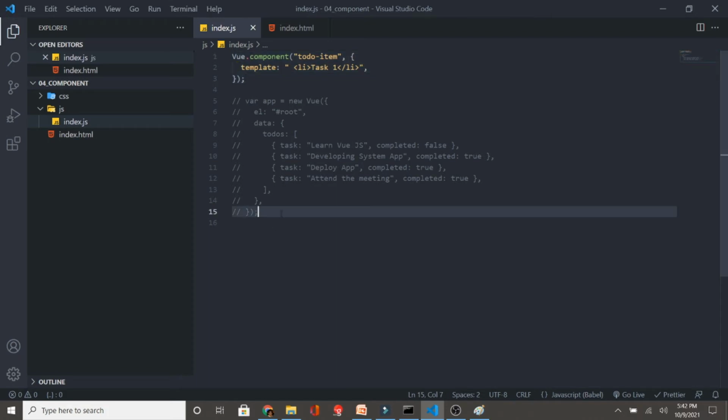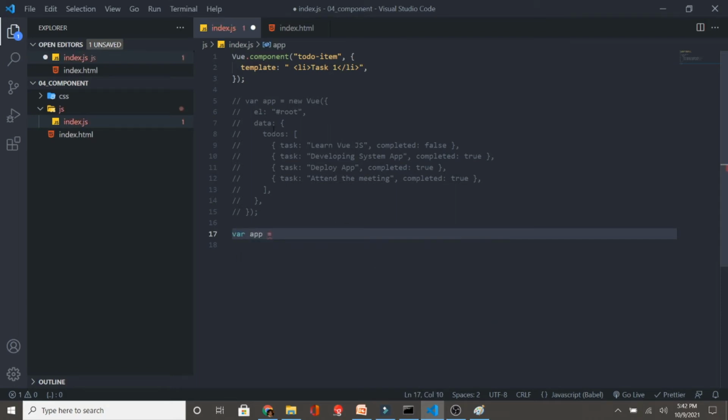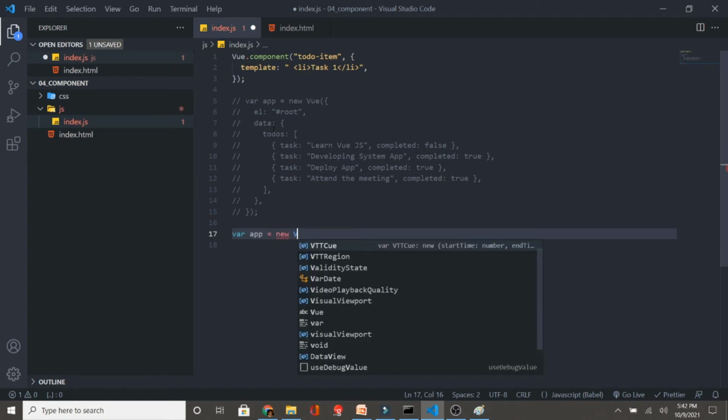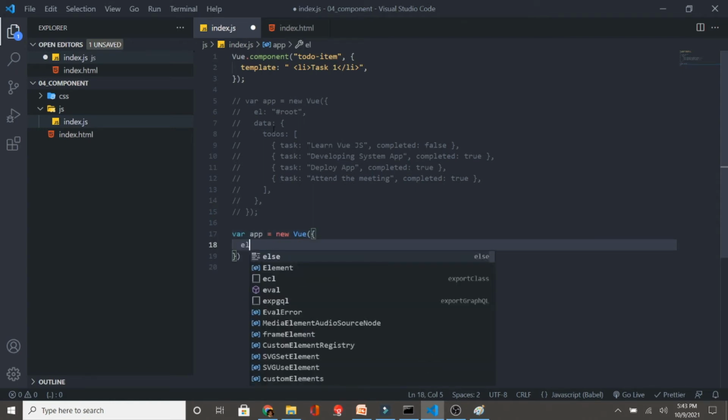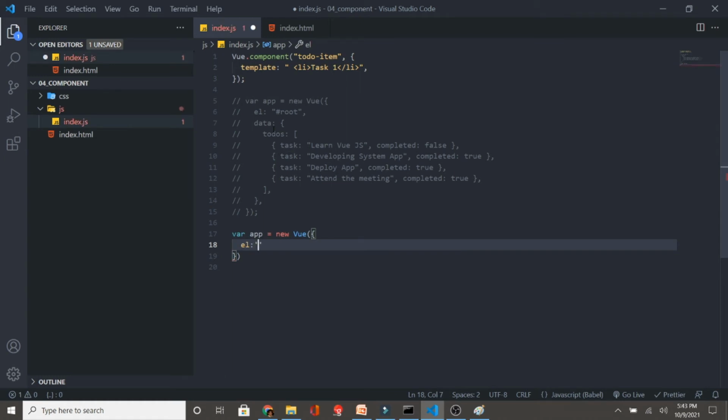Now see what the next thing is. I'm not removing this particular code, later on I will be using this. Okay, so we are creating the app, because from here your application will be instantiated. So you need to provide two things into this. The very first is which element you want to render this data in. So you want to render this inside the root. Okay, this is one thing. Another thing is you want to display some data with this, but right now let me just keep this much, and later on I will be adding the data part also.